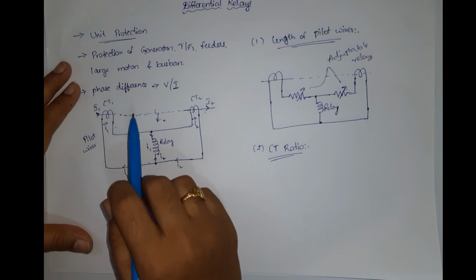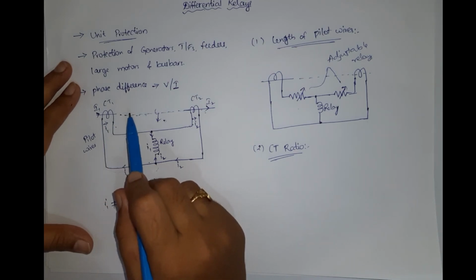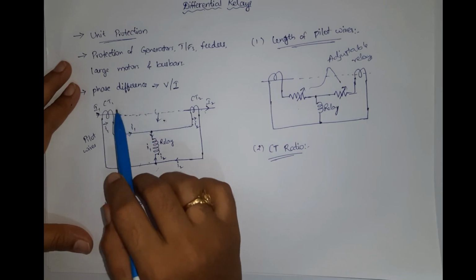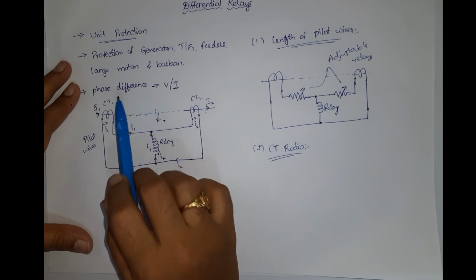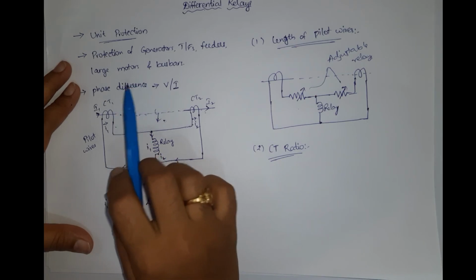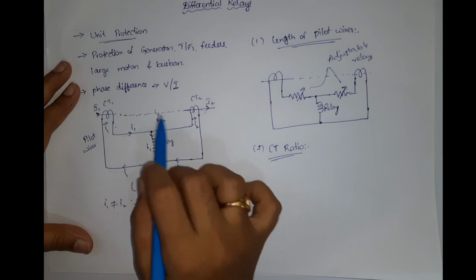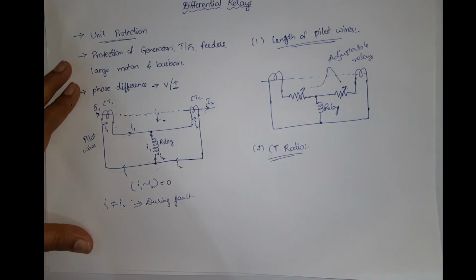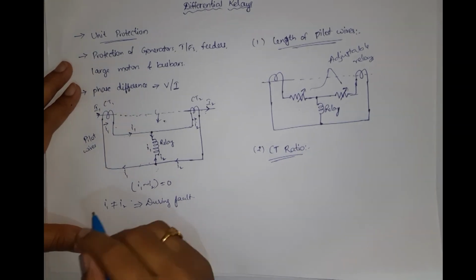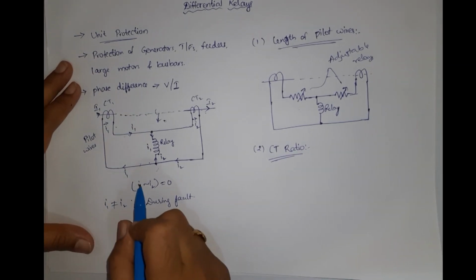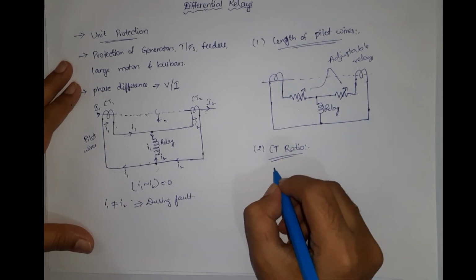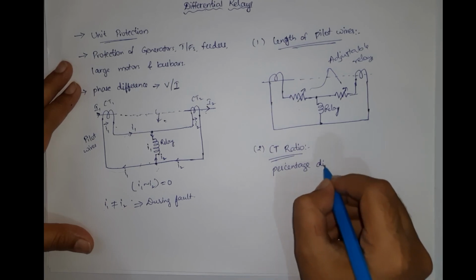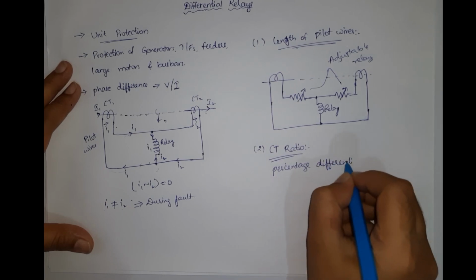So what happens due to this? It leads to a mismatch in secondary currents, and therefore, due to the fault, there is a difference in saturating points, and therefore there is a difference in characteristics, right? So this is a problem regarding differential relays. How can this problem be overcome? This problem can be overcome using a percentage differential relay.